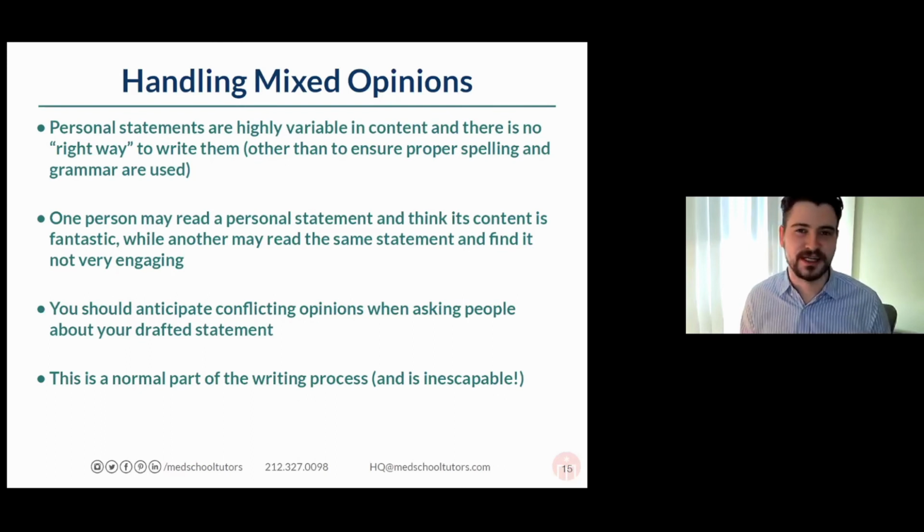I would also emphasize for those of you who do writing, this is a really normal part of the writing process. If you ever have the chance to go to a writing workshop, I'd encourage you to do that. It is very common that people have multiple different opinions. And the one thing I would say is, no matter what the feedback a person gives you is, for example if you hop on the phone to talk about the feedback, or if you got an email that had feedback that wasn't what you were hoping for, something that's always valuable, no matter what,